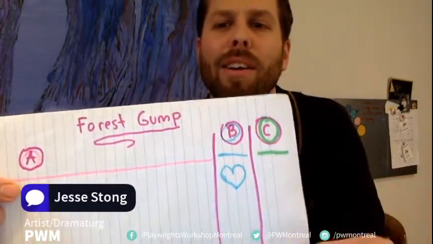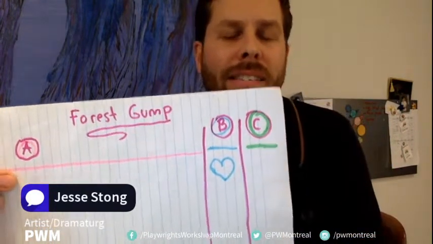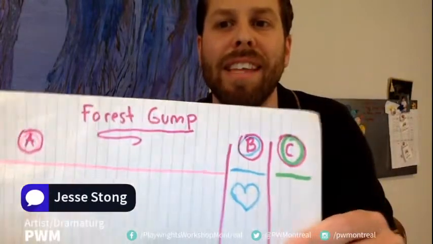It's this little moment at the end. And then there's that final last scene where his son's like, I love you, I understand you, you're my dad, I'm like you. And Forrest Gump finally gets somebody who loves him unconditionally. That's a major change that he's been looking for his whole life, right? So most of that movie exists in the A. It's before the big change. It's the person building up towards their big change.